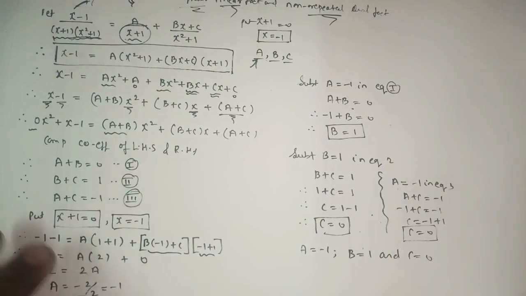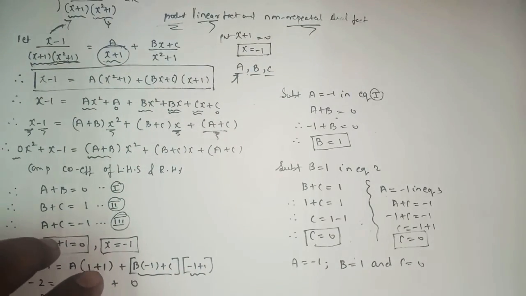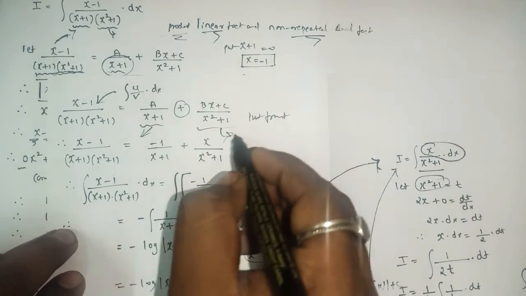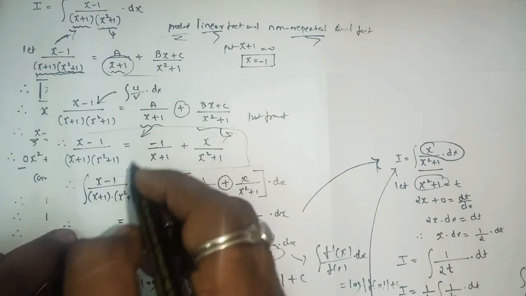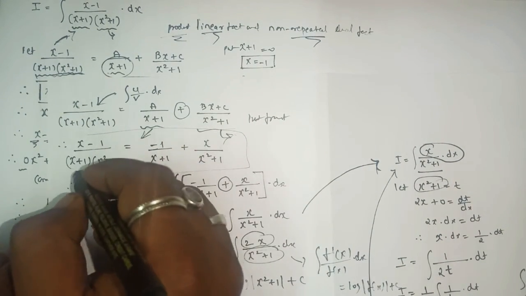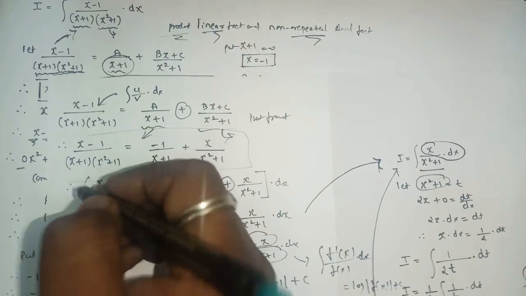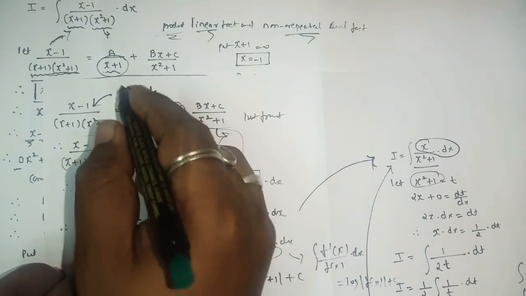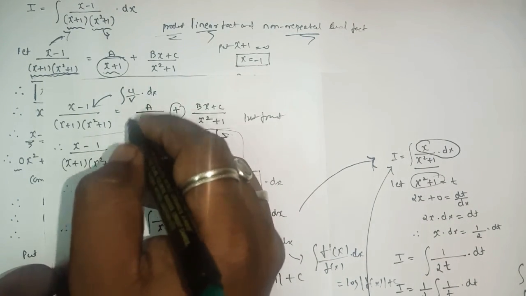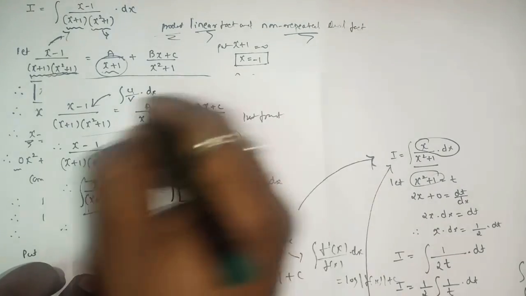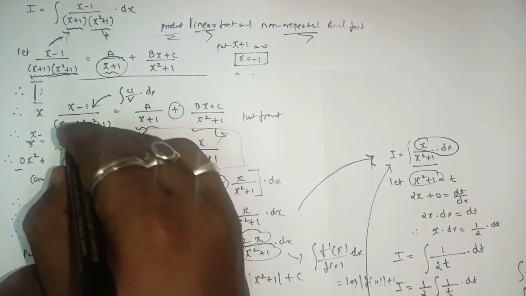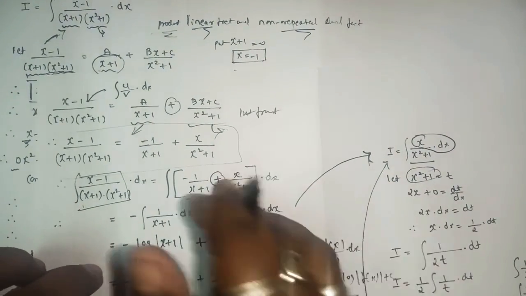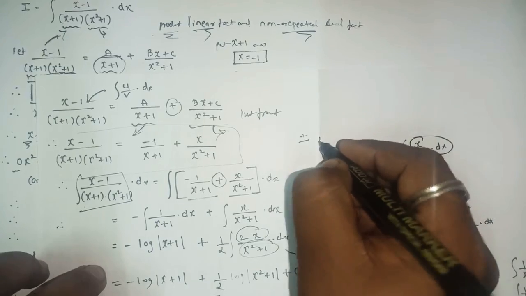After finding the values of A, B, C, just replace them. You will get this part, and we know that this function, x minus 1, x plus 1, x square plus 1 integral, we can replace by this section. As we know that in integration we don't have a u by v rule, so we have to apply properties to convert this u by v in such a way that we can integrate our sections separately. Because in integration we have addition, subtraction and multiplication rules.